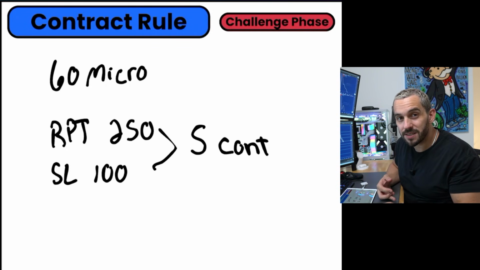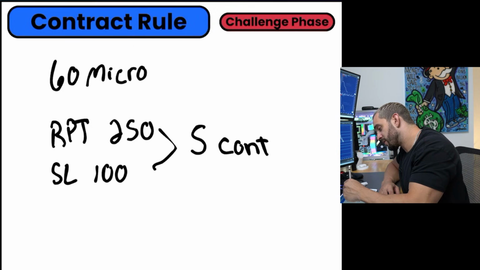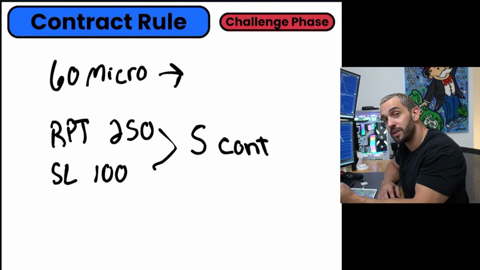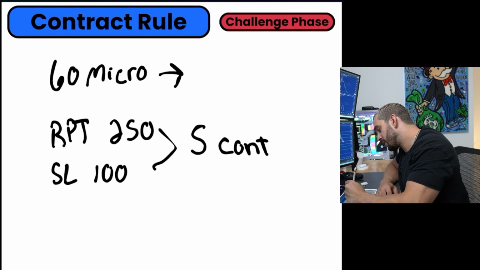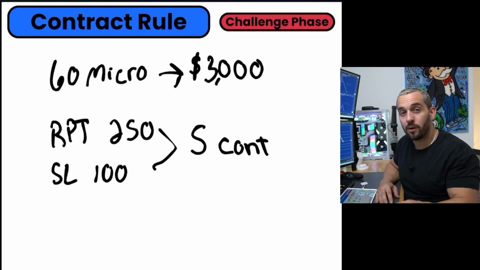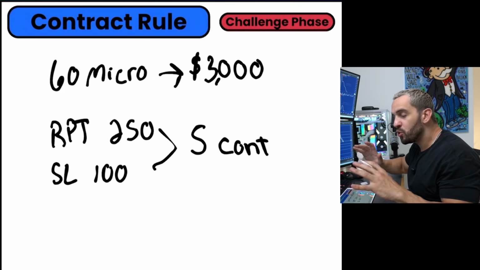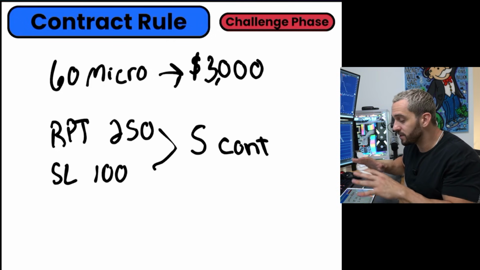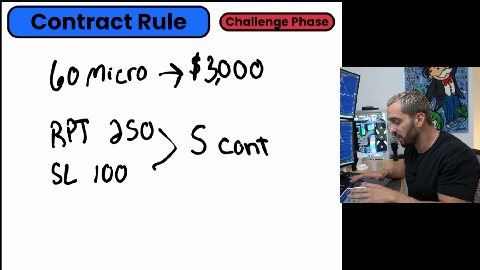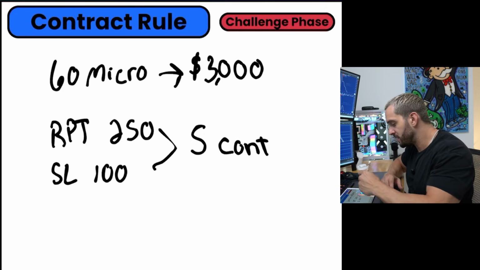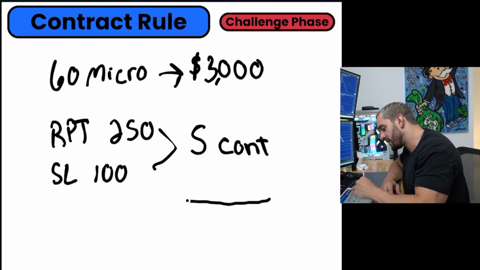You're allowed 60. And if you take 60 contracts and you have a 100 tick stop loss, you are risking $3,000 in that one trade. You're going to blow past the daily loss limit. And you don't even need to be in a bad trade to lose your account by doing this. When you start over leveraging and you take a trade, like if there's a resistance area here